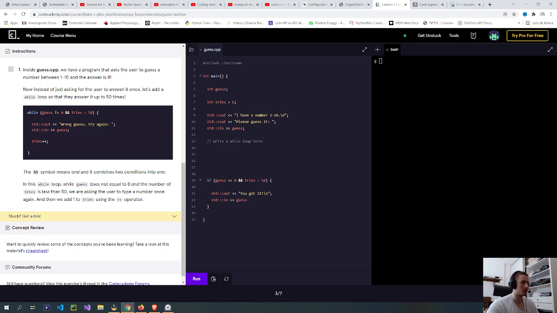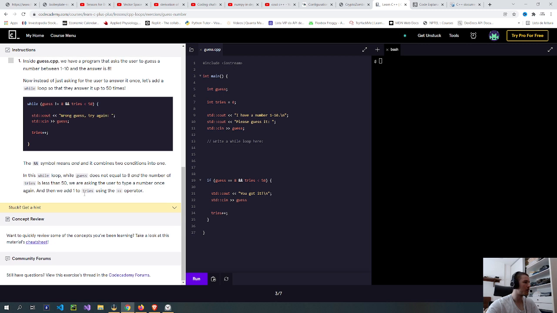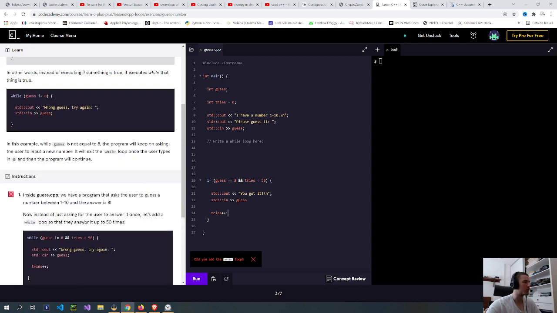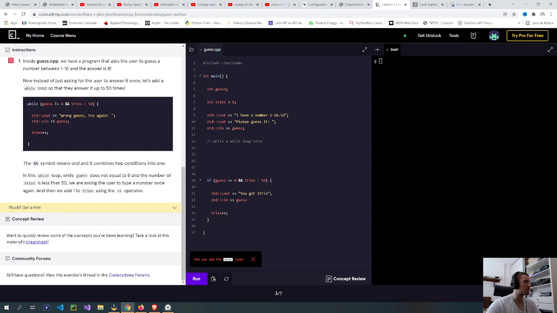Guess, and then tries, and each time it increases by 1 with the plus plus. The plus plus also has for loops like you're describing from JS. Yeah, I imagine they're gonna talk about it in this next lesson, I believe.